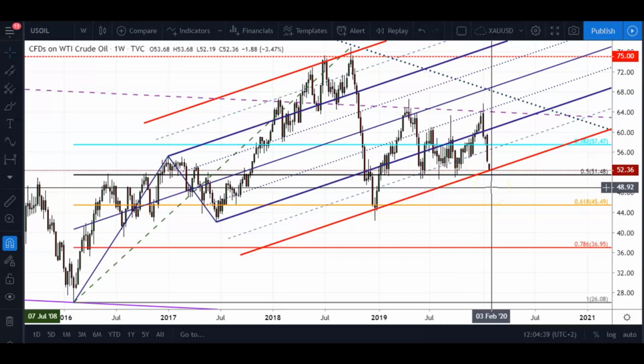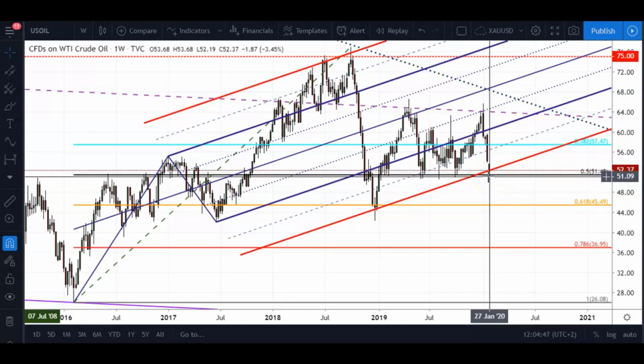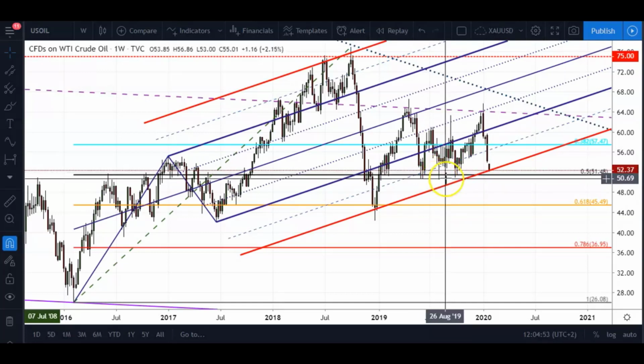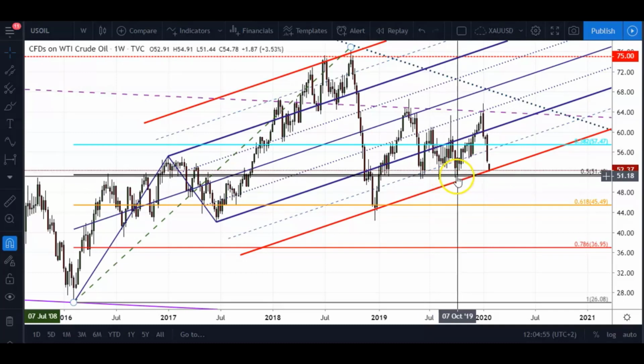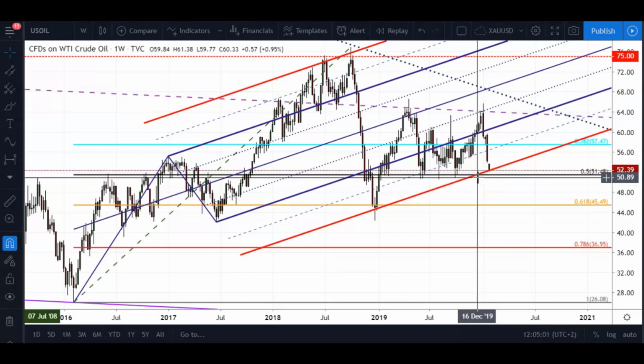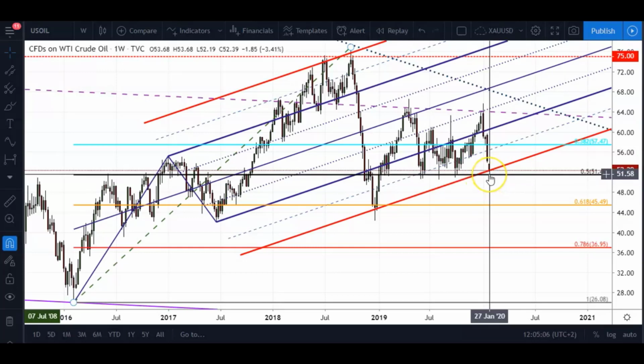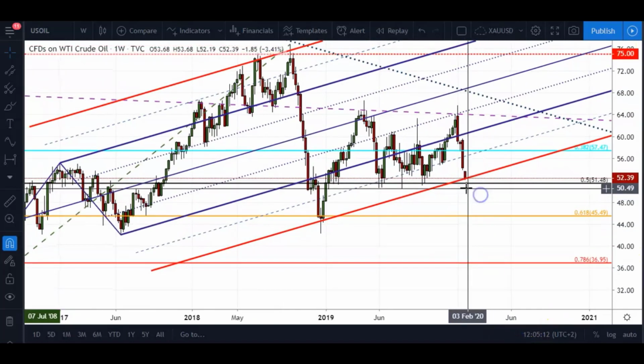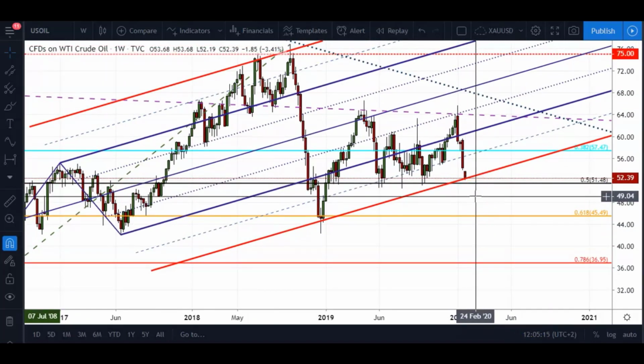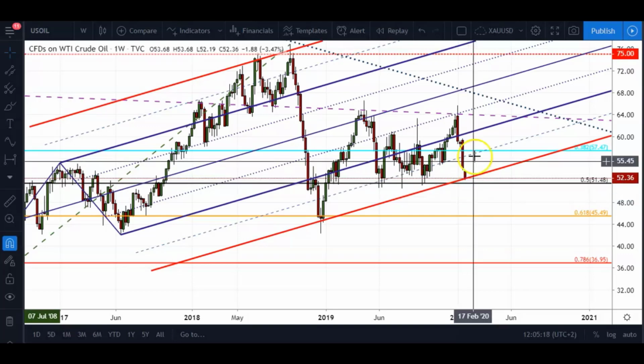And this is a very important technical thing that I want to show you here: once you see a level being tested once, twice, some guys like doing the reversal trades on a double bottom, which is the case here. Then in a triple bottom, the more it punches against a level, especially an important level like the 0.5 or 50% retracement level, the weaker it can get. So my next thing that I would like to see is price hold here around the $51.48 level, almost $51.50 level, and continue up higher.